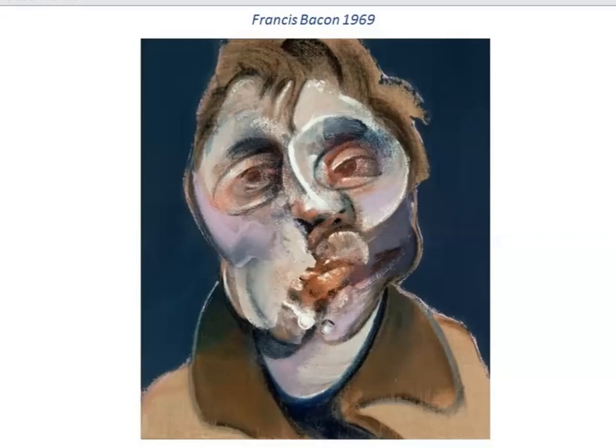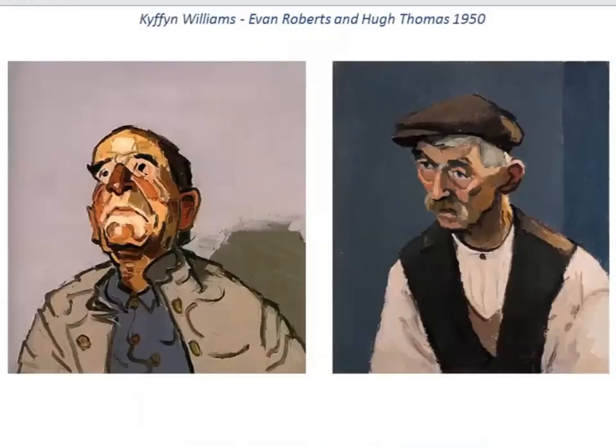So we can do it to our level as well. It's interesting. I just thought it'd be interesting to put this in because some of these pictures were painted in the 50s and late 60s. But this is a Welsh artist, Kyffin Williams. Of course, we know of him. The difference between Bacon and Kyffin Williams, fascinating. Similar